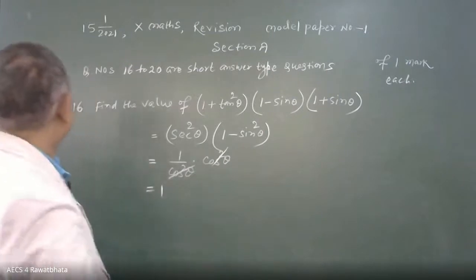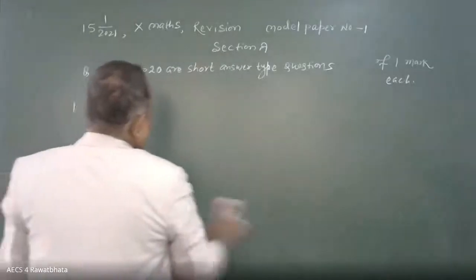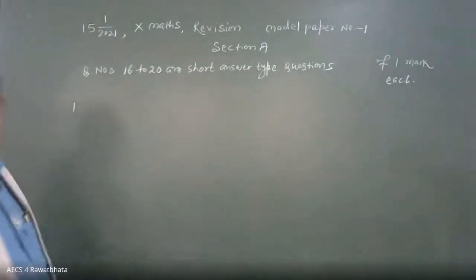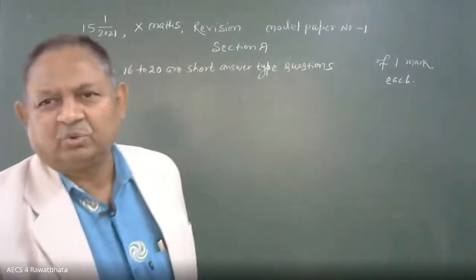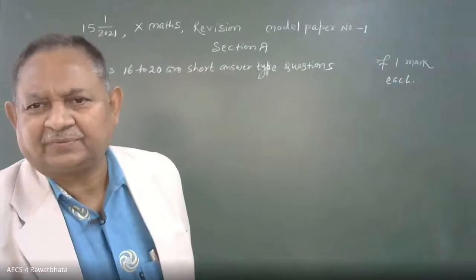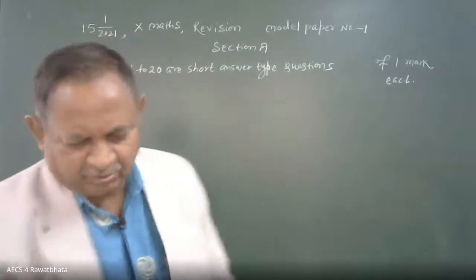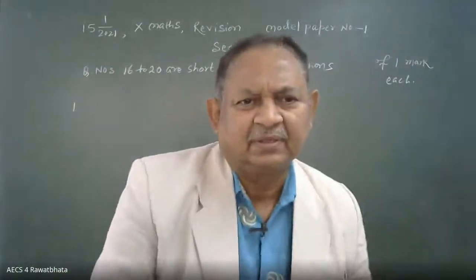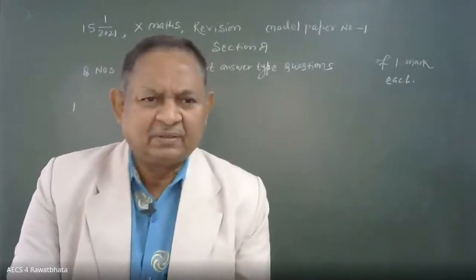Question number 17. 2 students came late. Who came late? Sir, Dania Sayyed, roll number 6. 2, 3, 4, 5, 6, 7. Roll number 123. Who came late? Roll number 6. 123. 6. 123. Dania Sayyed. One more has come late. 123.